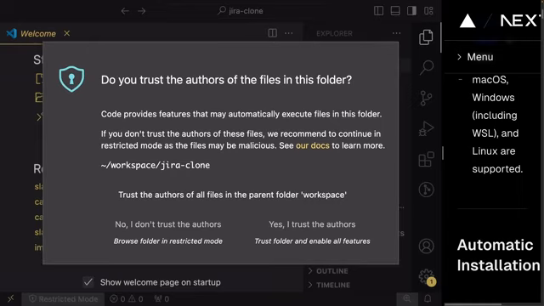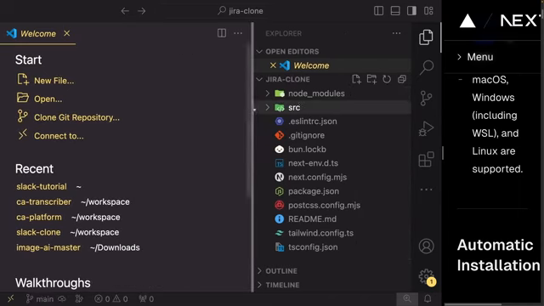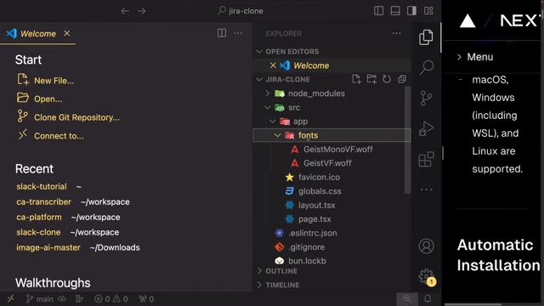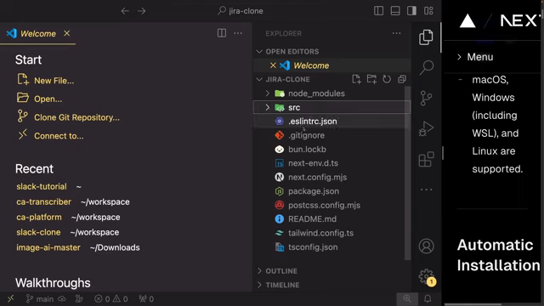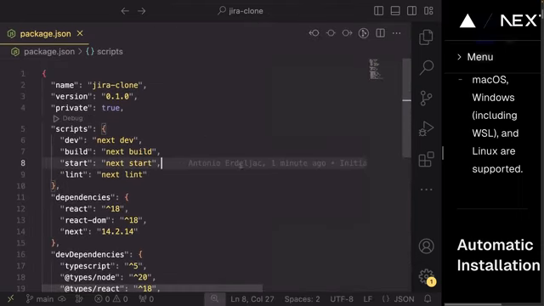If you get a message similar to this inside of Visual Studio Code, you can simply press yes, I trust the authors, like that. And there we go. I am now inside of my Jira clone. You can see I have the source directory. Inside of here, I have the app folder, I have the fonts, I have the globals files, the icon, the layout, the page. But let's go ahead and immediately go inside of package.json, and I want you to see whether